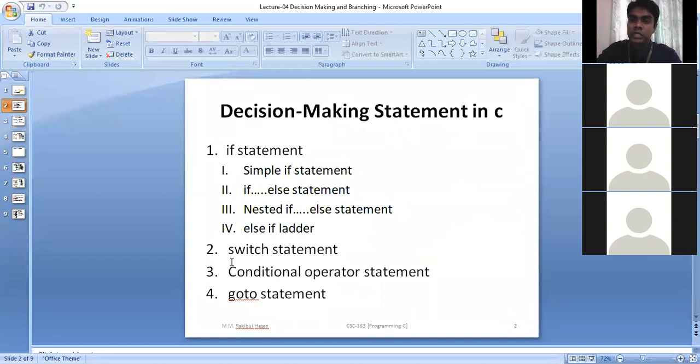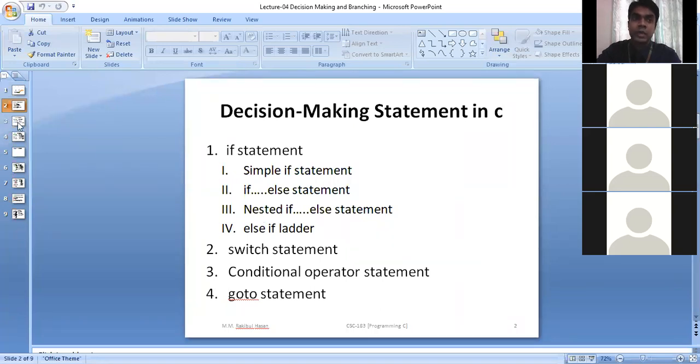As well as we discuss switch case, then conditional operators, and then goto statement. From this chapter, at first you have to understand the syntax of each and every statement. After that, you have to understand how they work, that means their working mechanism.